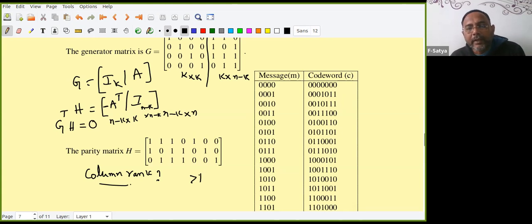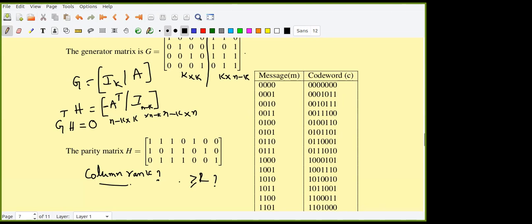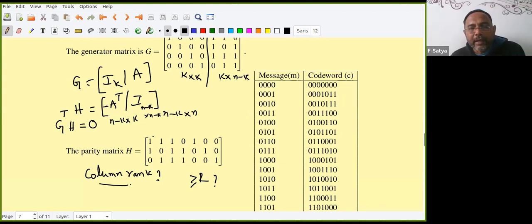Now I'm asking, can I increase it to 2? Greater than or equal to 2? Yes. Amya, can you tell me why the rank is greater than or equal to 2? We have two distinct columns. We observed that last time when I asked this question. So why do I ask now? We will see the beauty. If I take any two columns here, they are linearly independent.